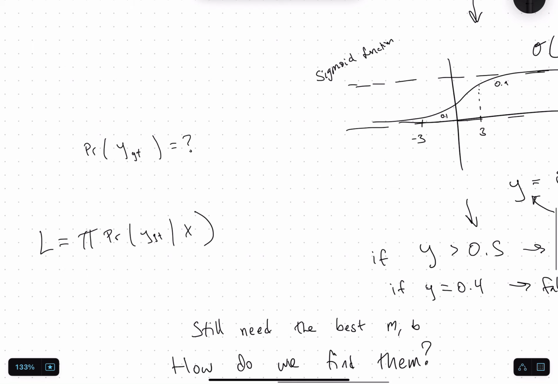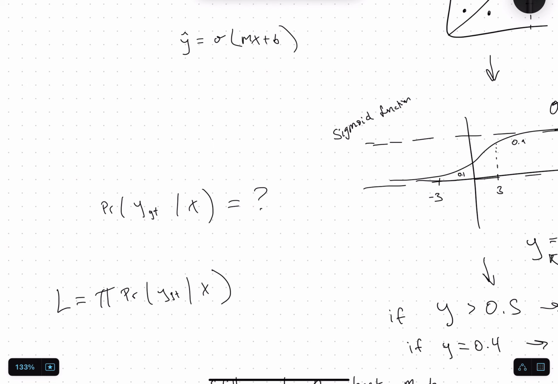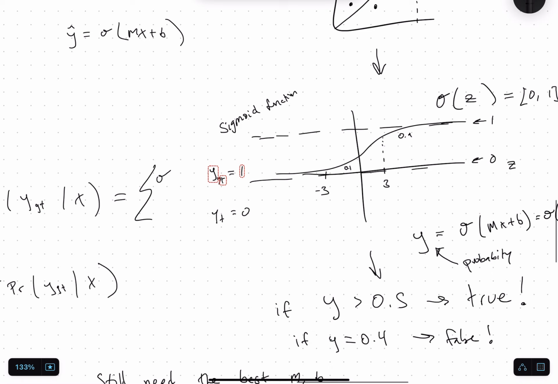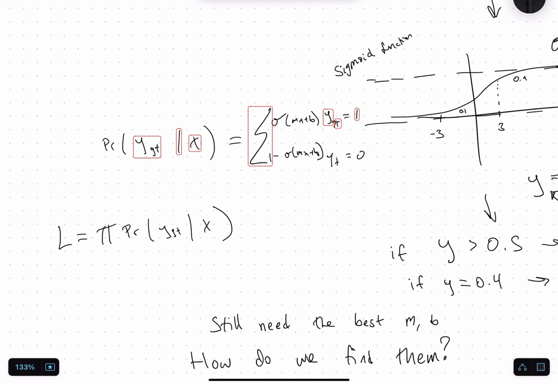So I guess you can predict that these are related. Well, first, if we want to expand this any more, we're going to have to know what this equals. This is a piecewise function, so the ground truth can either be 0 or 1. Those are the two values that it takes on. And then it's just sigmoid of mx plus b, or 1 minus that. Okay, cool. So then we can replace this